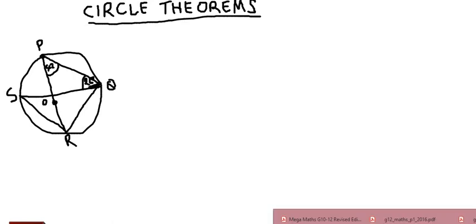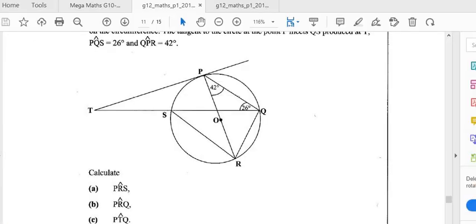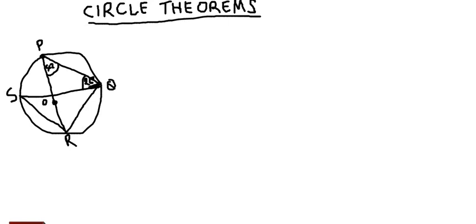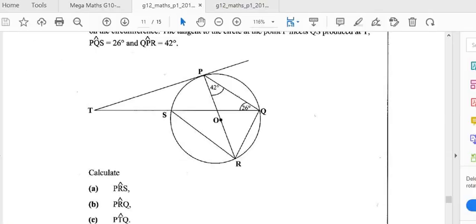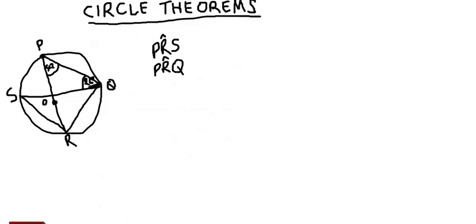So we want to find the angle PRS and PRQ. We will not look at the last part of the question. The last part of the question says find PTQ. Because PTQ involves the tangent, we will not look at it now because we have not yet covered that theorem. So from what we have covered so far, PRS